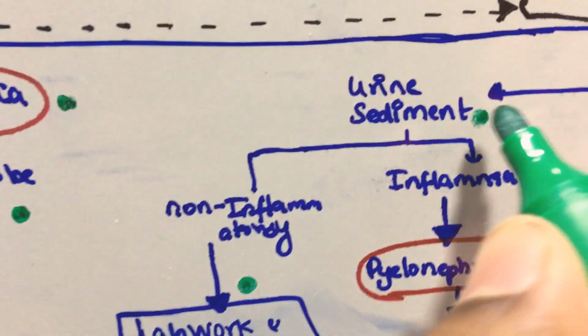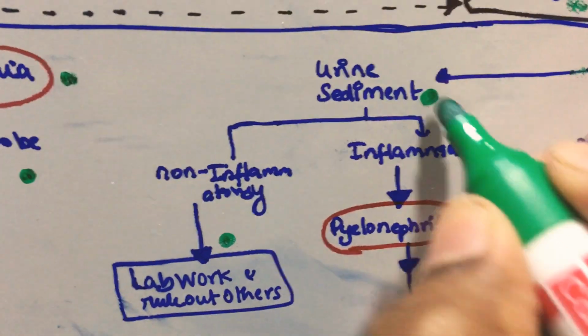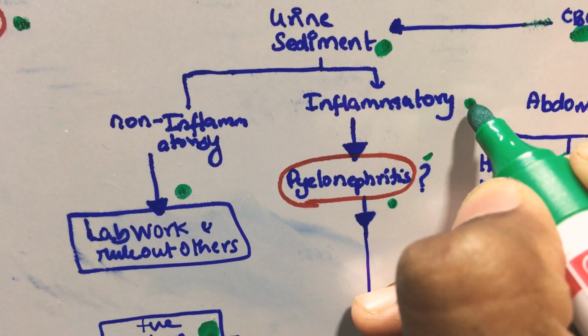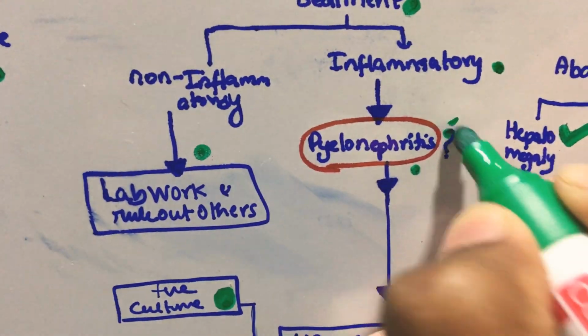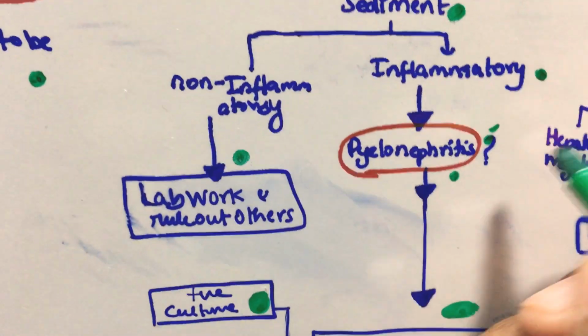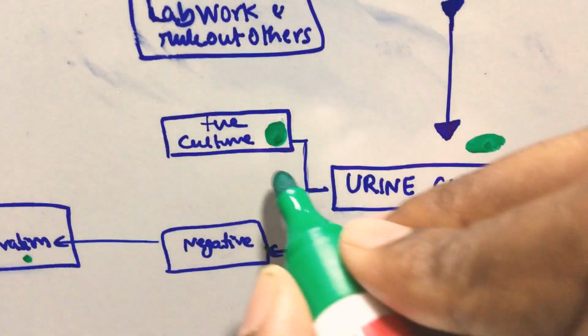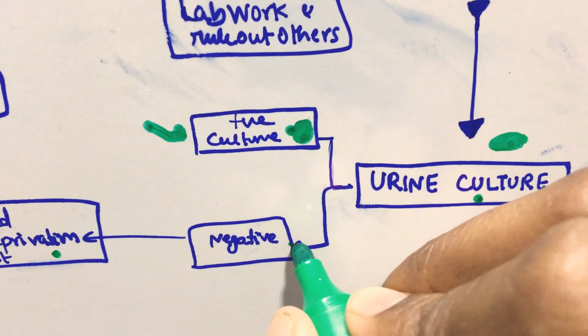Now in urine sediment, you will see casts and crystals and all the things, etc. So if the sediment is of inflammatory origin, if it has pus cells, bacteria in it, then it can indicate pyelonephritis. To confirm it, you will proceed with culture. Okay, if the culture is positive, you have your diagnosis already. If the culture is negative,